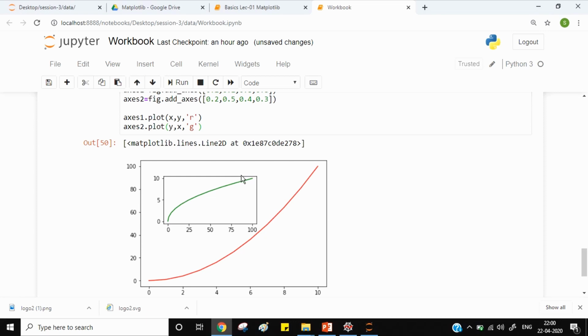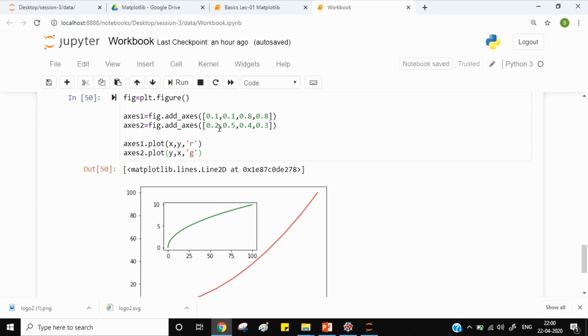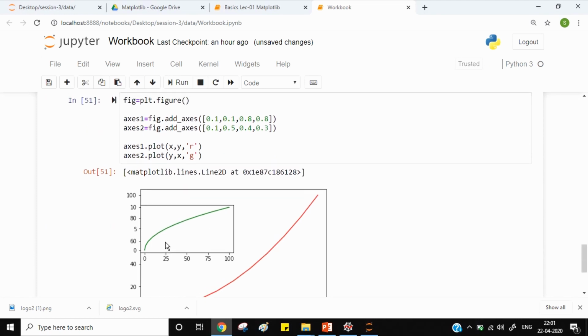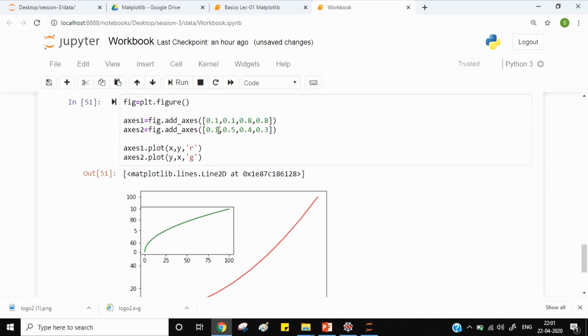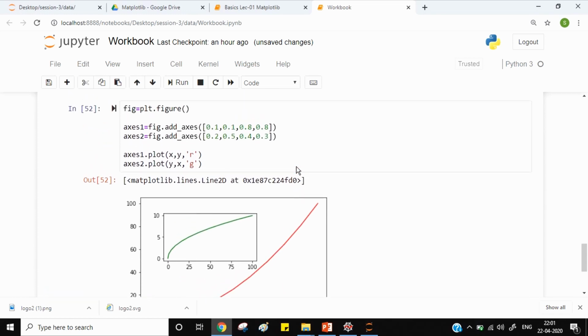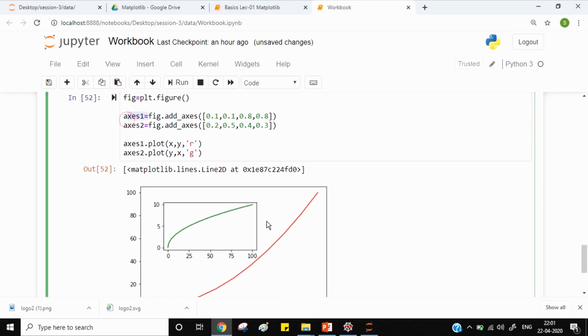So you can see that these two plots have occurred in the same box. Okay, the differences of this dimension, suppose I change it to 0.1, so you can see that the distance from left has decreased. So I will restore it to 0.2. So you can see that these two plots have occurred in the same window, and this is how you can create multiple plots using an object.